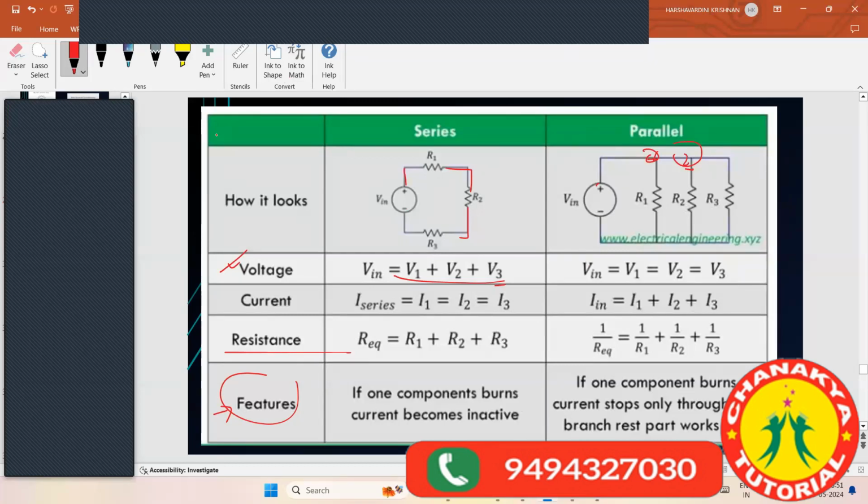I'll be coming again from the very first slide. We have been discussing what an atom is. An atom consists of three things: protons, neutrons, and electrons. Protons and neutrons are kept inside the nucleus, and electrons revolve around them. Then coming to electric charges, there are two kinds of charges, positive charge and negative charge. The unit of electric charge is Coulomb. Very good. Now coming to electric current.